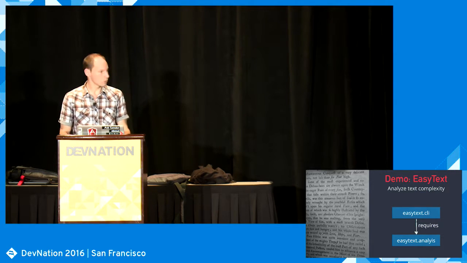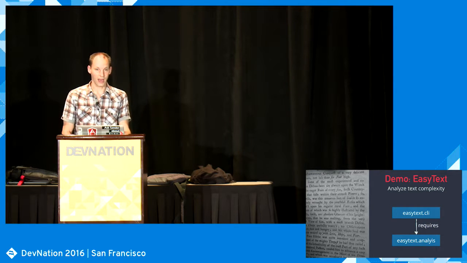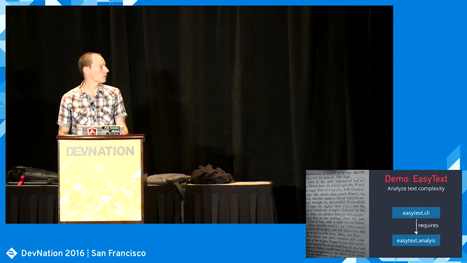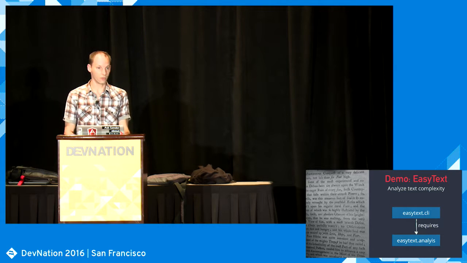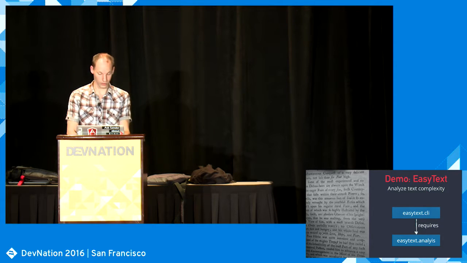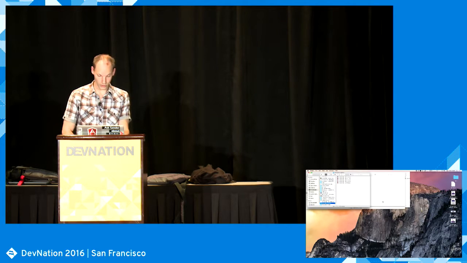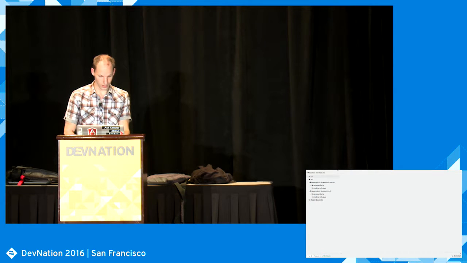So in this case, we have a command line interface, the CLI module on the top, and it's going to read in the file, and it's going to need some kind of analysis algorithm. And that analysis algorithm lives in the analysis module. So naturally, we have to have some kind of relation between those 2 modules. And Paul already said the Java module system will actually allow us to express that in the language itself. So let's switch to the code.